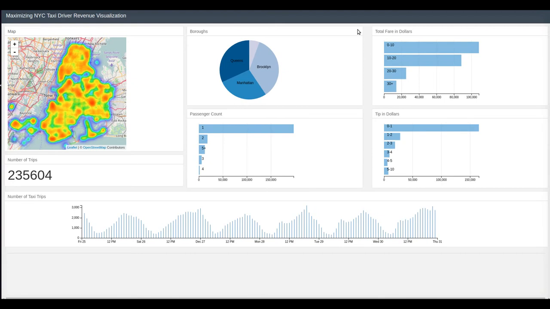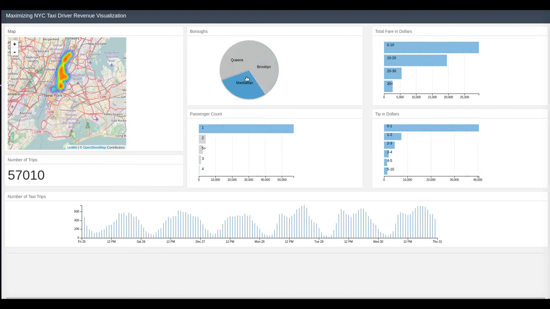This is a view of the front end. The map is plotted using the Leaflet library and the heat map plugin. This map is set to update on each filter action, along with the rest of the charts and filters present on the page. As you can see, I am updating the filters right now and the map gets updated properly.